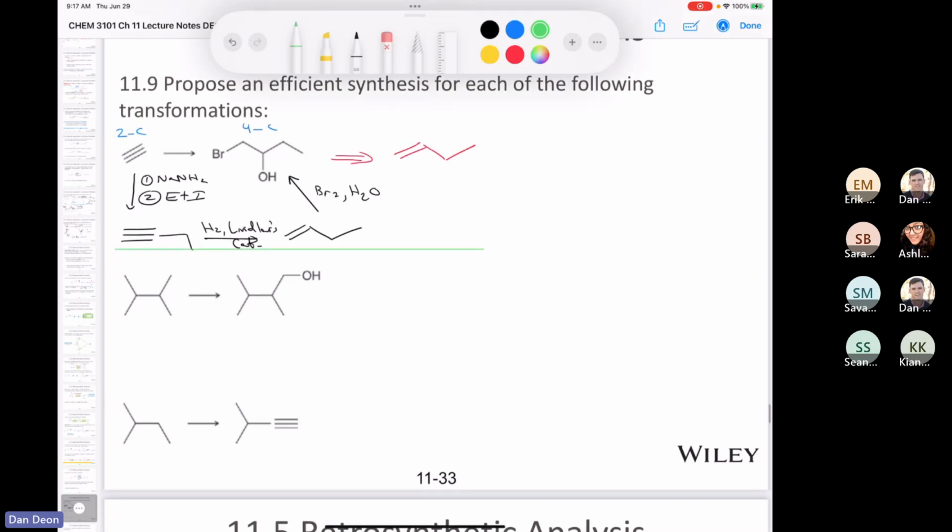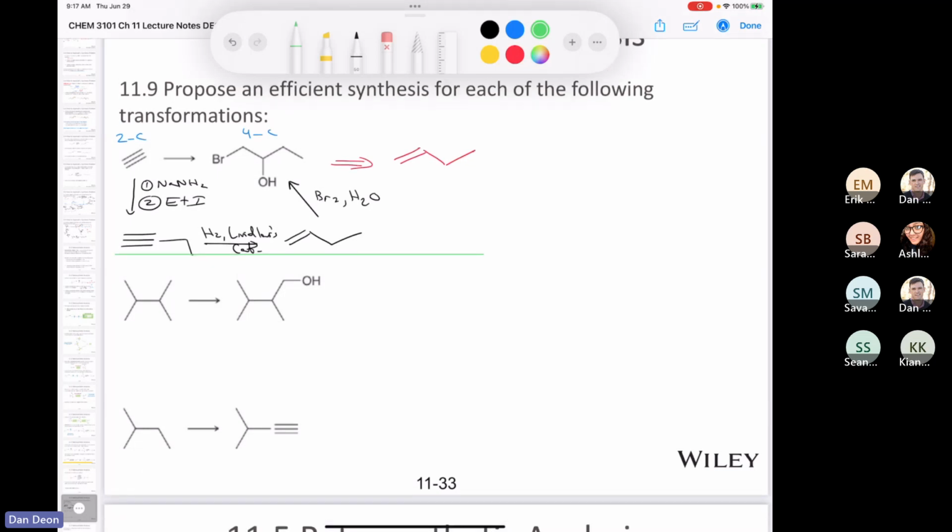Okay, so for the next one, we want to make a primary alcohol. And in terms of my retrosynthesis here, I'd say, well, I've got a couple options really, but I think the best way to make this would be from this alkene, right? And then I could just do an anti-Markovnikov addition of water. And we also discussed this, that if you're starting out with an alkane, the only possibility that you have for the first step is to treat it with bromine and light, and that is going to give you the tertiary